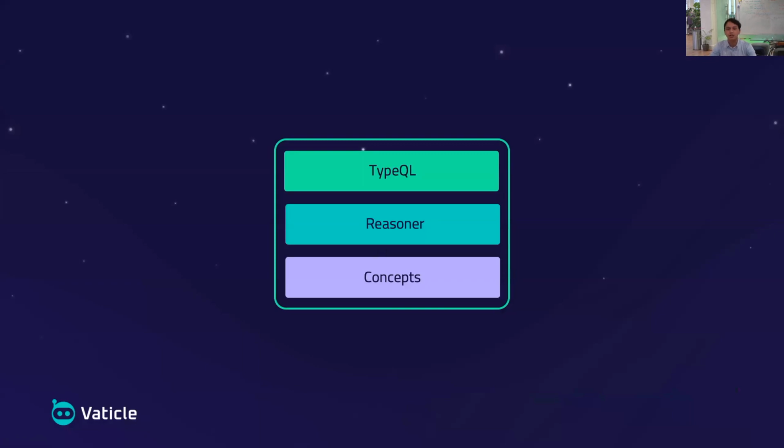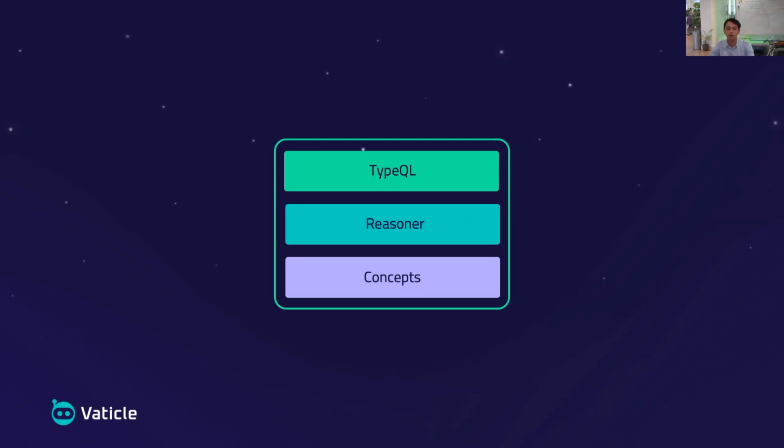TypeDB, as we all know and love, is a product intended to solve data complexity, right? What that means is that it allows you to build an application leveraging its schema language to model complex data. In addition, you're also able to query this data in a meaningful way, all enabled by the expressive, powerful, but also strict query language, which we call TypeQL.